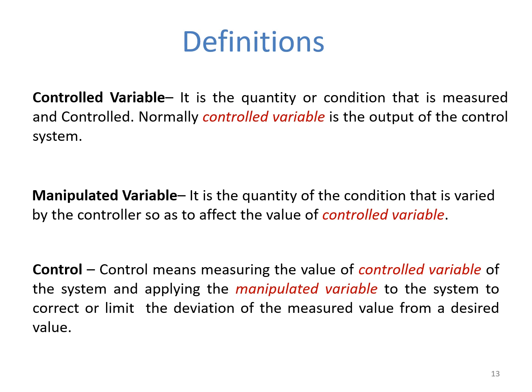So the manipulated variable is the value that is fed back to the controller to take a proper decision. And the third important unit that we must have is the control. Control means measuring the value of the controlled variable of the system and applying the manipulated variable to the system to correct the deviation of the measured value from